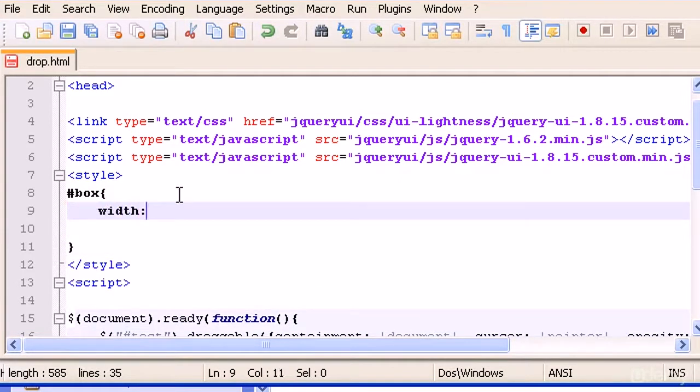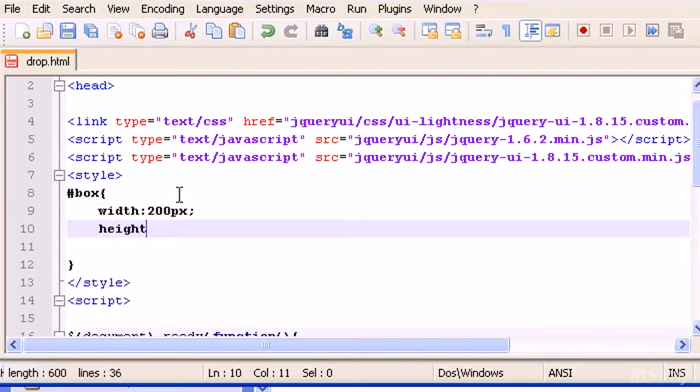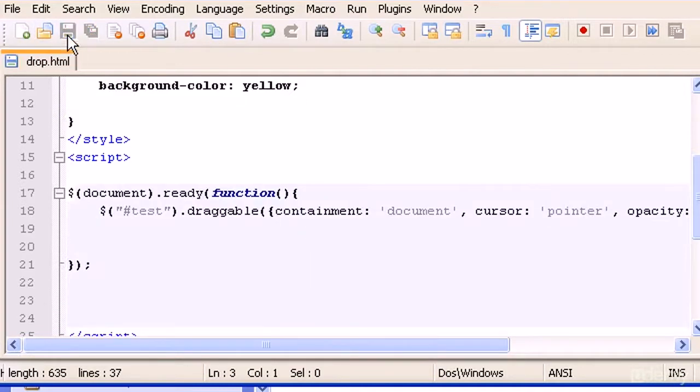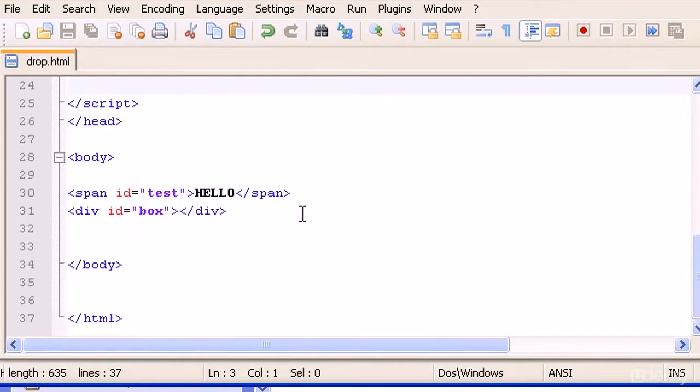Let's give it a width of 200 pixels, height 200 pixels, and background color yellow. Save this, and